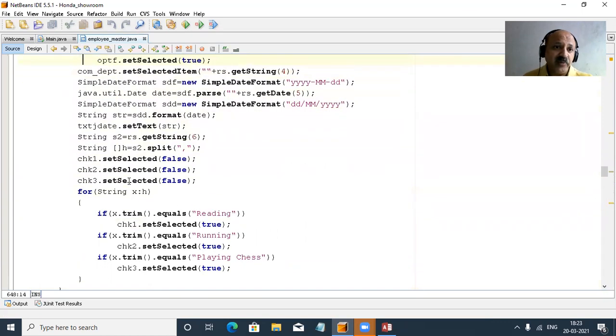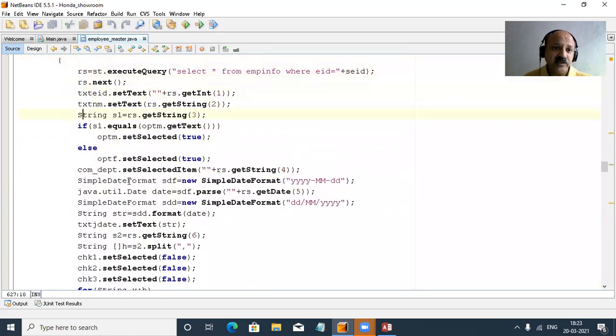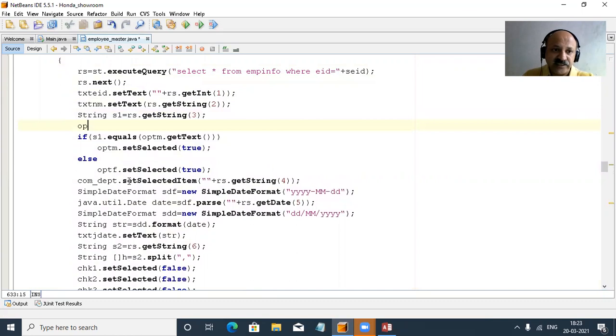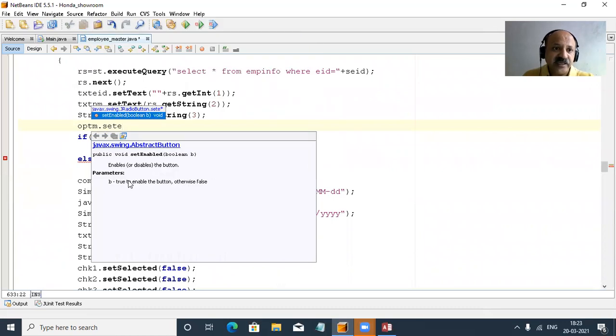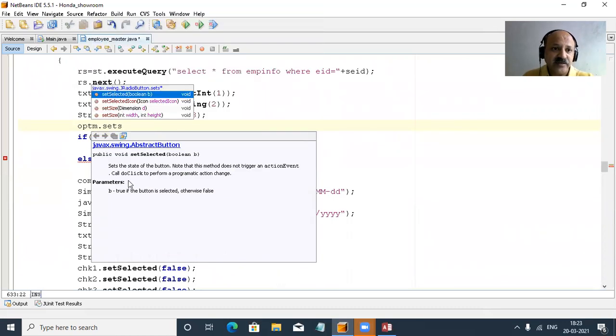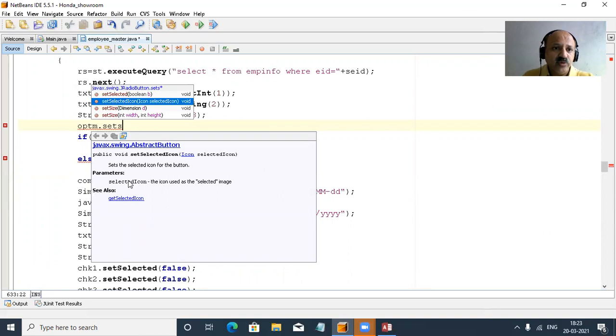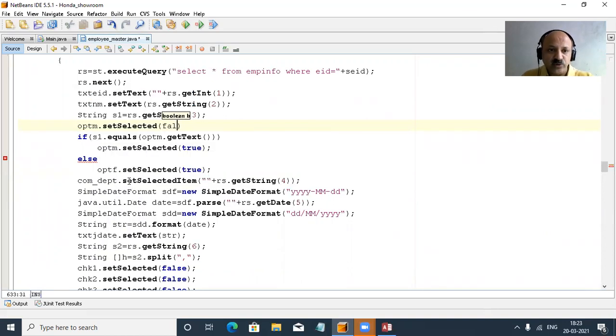And also you can apply the radio button. If the radio button is selected perfectly, fine, but if it is any other case, we can make more improvement. So OPTM and set selected, same set selected. You can look here at set selected, and here you can also set both false first. Here we can do it in the checkbox, you can look here.